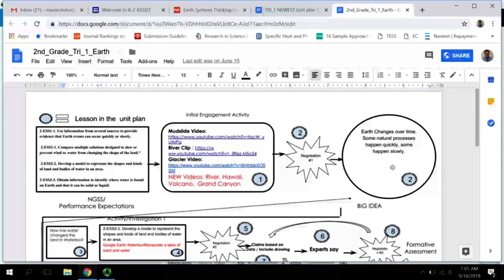So as students are bringing up things that they observed, you might want to latch on to certain things. You could even ask a prompt like, well, do you think this took a long time or a short time? And if somebody said short time, why do you think that? Or then you could ask another question like, well, do you think this other one happened short or did it take a long time? And they might say, well, it took a long time. You might want to write that down. So then